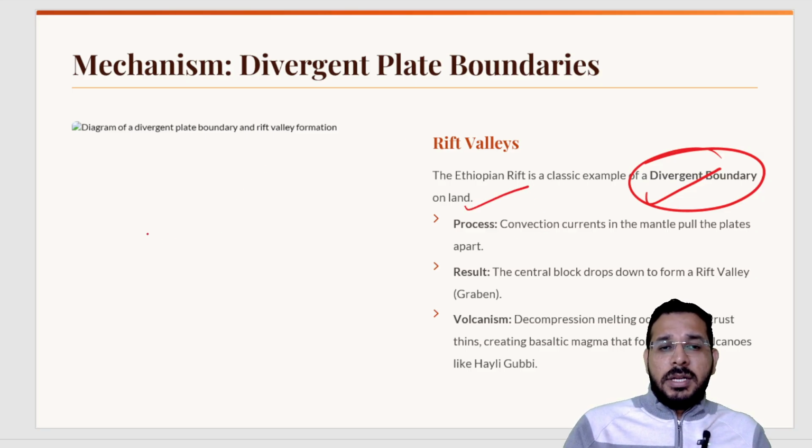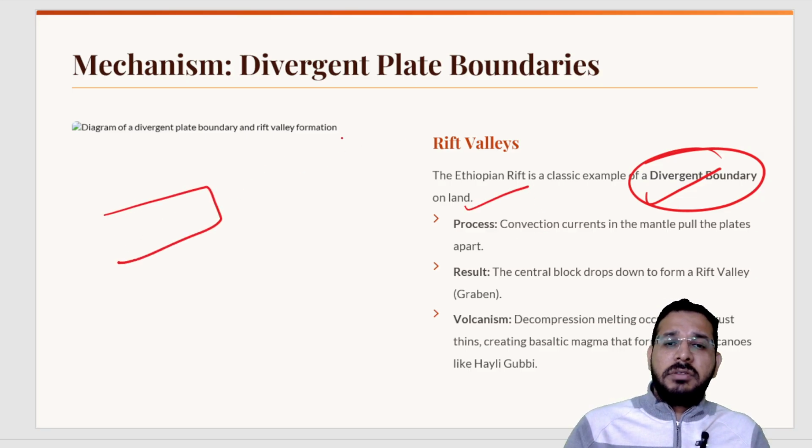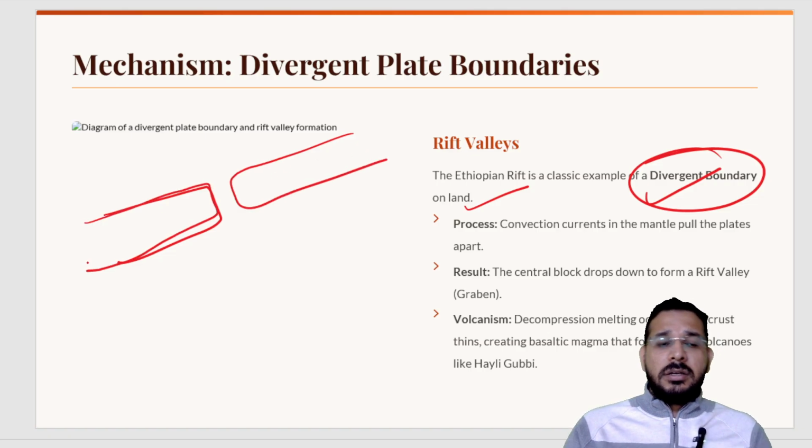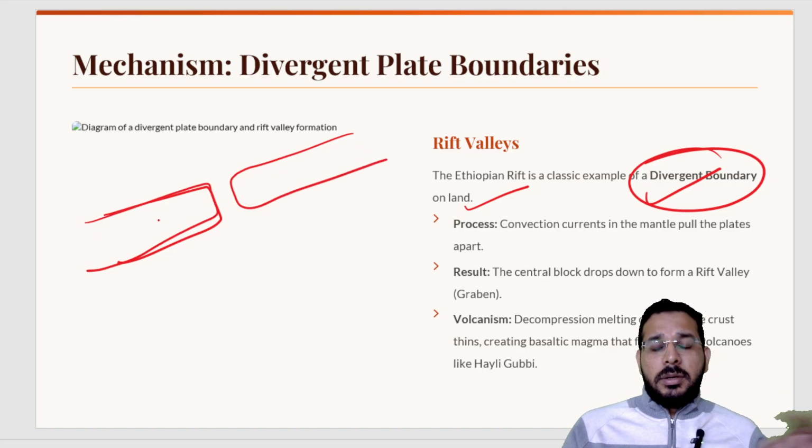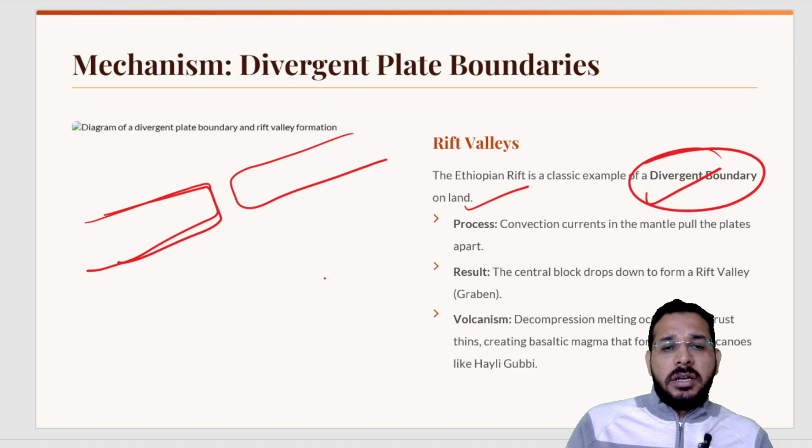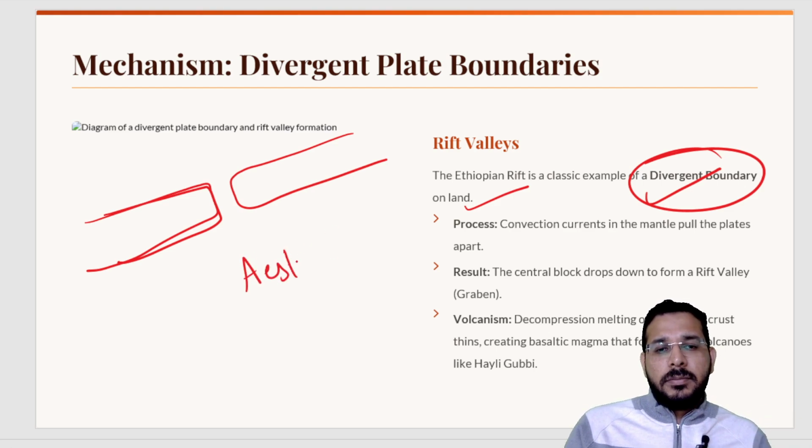Because of convectional currents, if you have studied the convectional current theory, in plate tectonics we study the seafloor spreading theory, then the convectional current theory, and the plate tectonics theory. All these theories are present when we study world geography, the movement of continents and landforms. In this theory there is a convectional current theory. Inside our earth we have a layer called the asthenosphere.